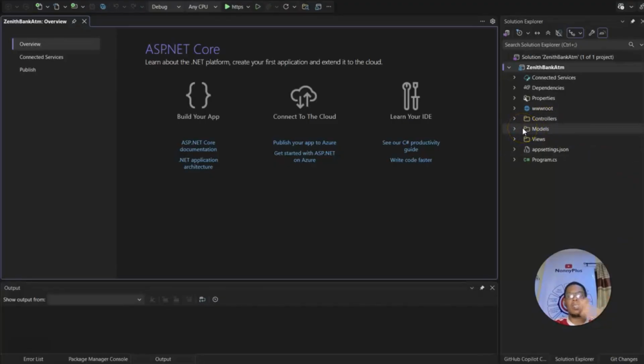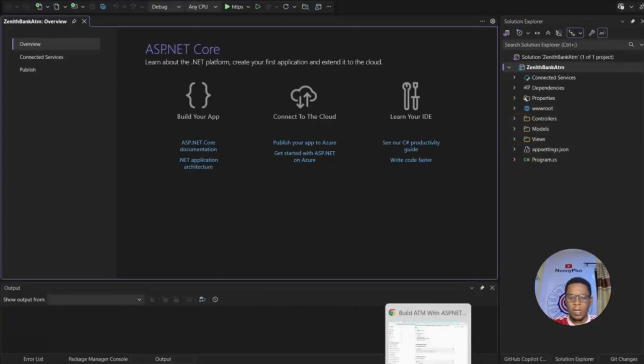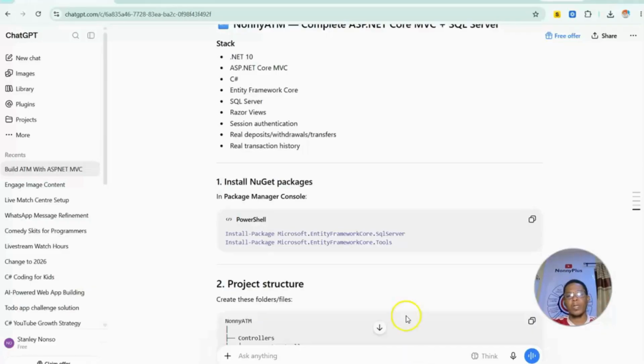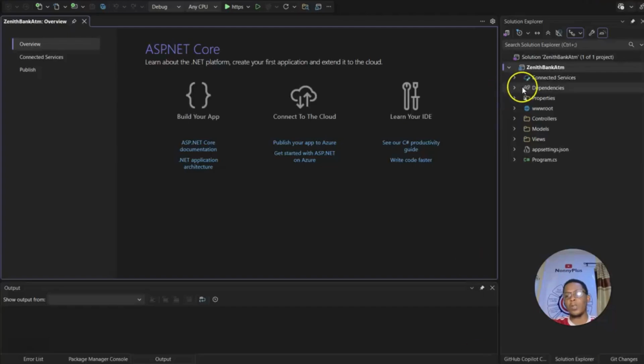So let's get started. Let's go to our AI prompts, as I've already gotten my prompt. What I was asked to do is install NuGet packages. What am I installing? I'm installing Entity Framework, SQL Server, and tools. So come here, go to your Visual Studio,